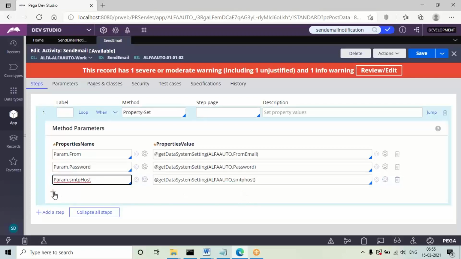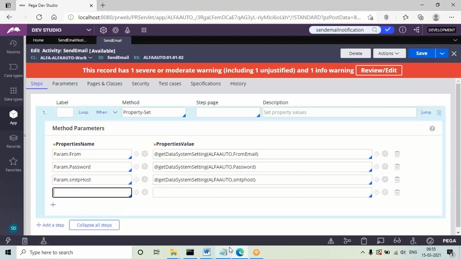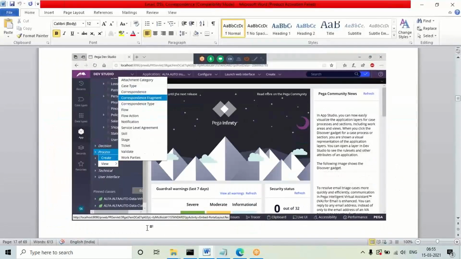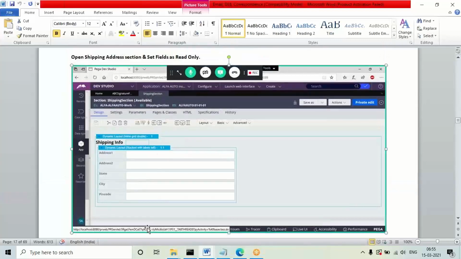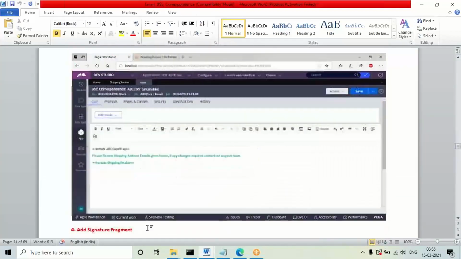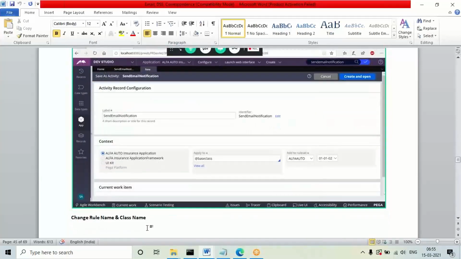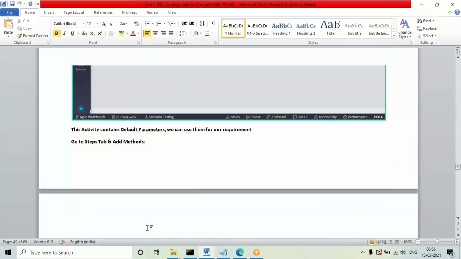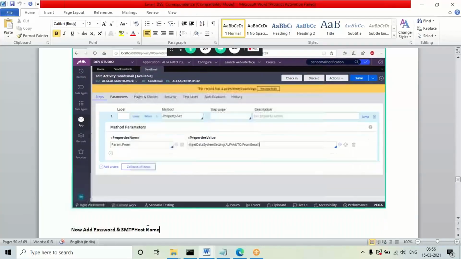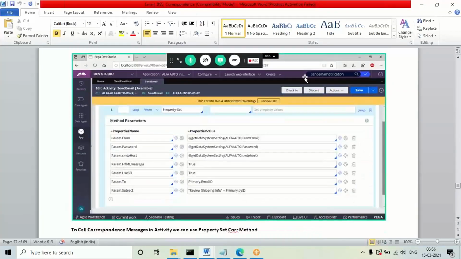Then after that, what are the other things we need to configure? Whenever we configure these notifications, two additional things will be there, like HTML message and use SSL. Whenever we configure these messages using this activity rule, those two are Boolean properties. So we have to use them.